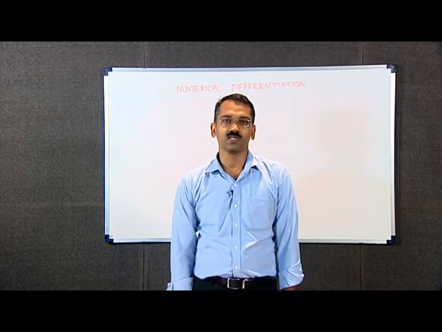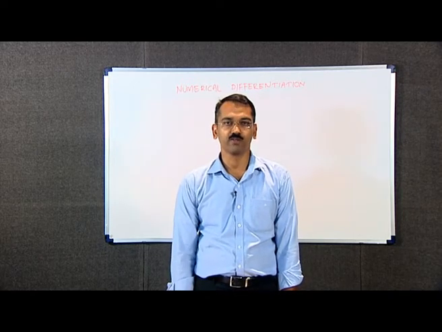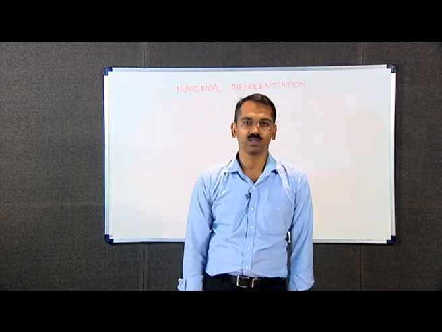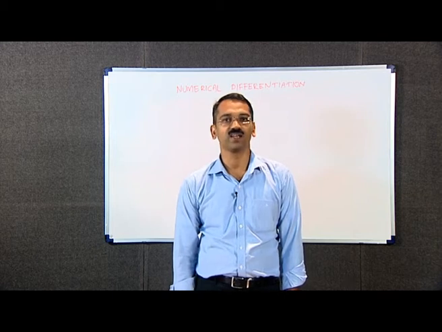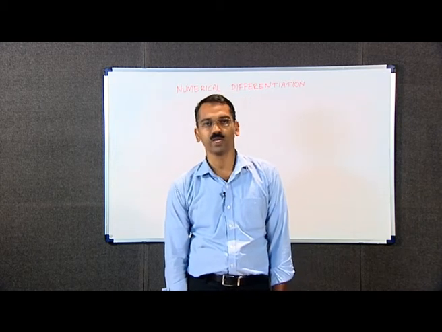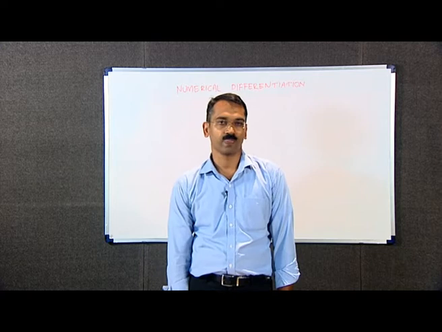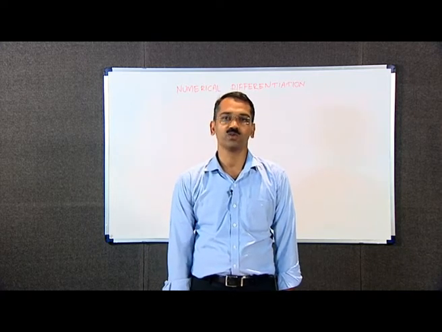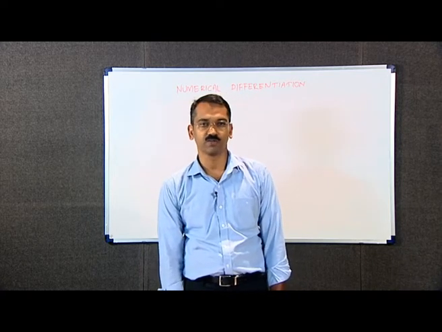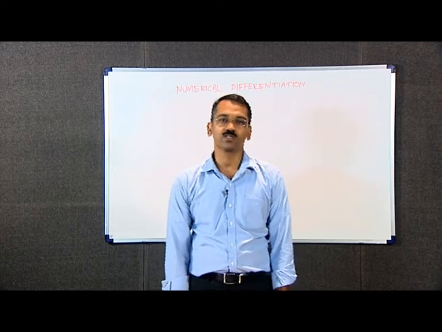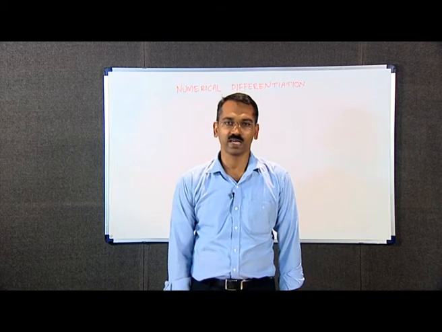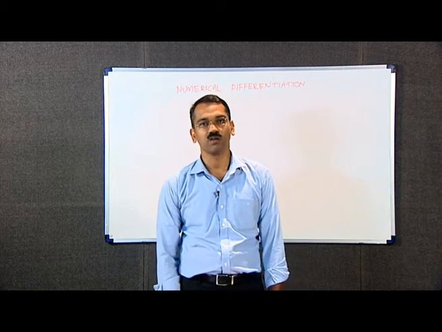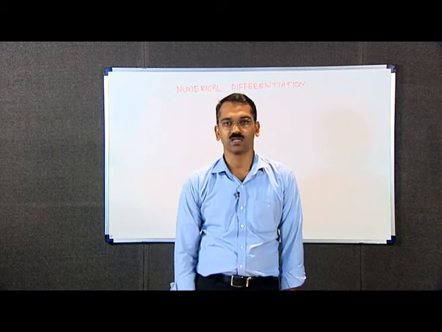In such situations, the actual value of f of x cannot be found out, but f of x is approximated by any convenient interpolating polynomial p of x. Then dy by dx is found out as p dash of x. The process of computing dy by dx at x equal to some xk by this method is called numerical differentiation,